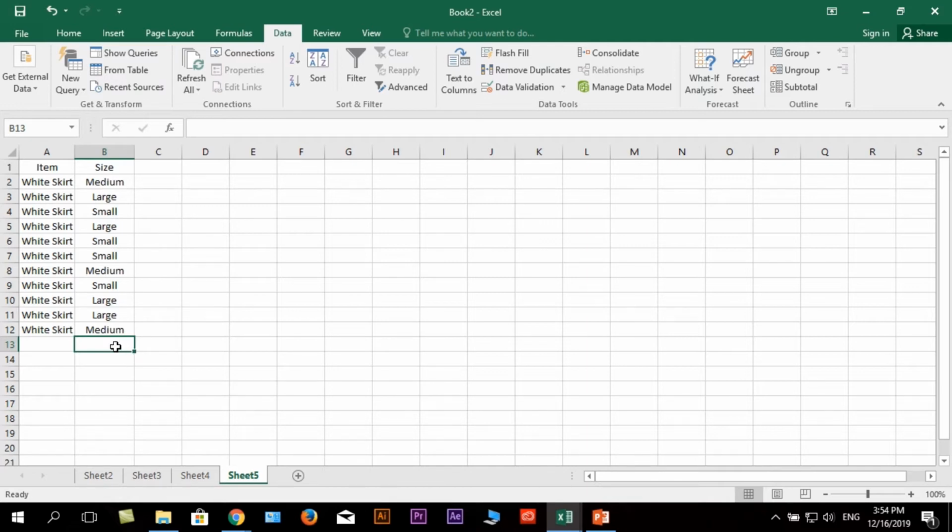How do I do that? Here, in this cell, I type equal capital COUNTIF, open a bracket, and notice that it gives me the formula of how to write a COUNTIF function. It contains the range and the criteria. The range is the cells that I want Excel to look at. Here in my case, I have